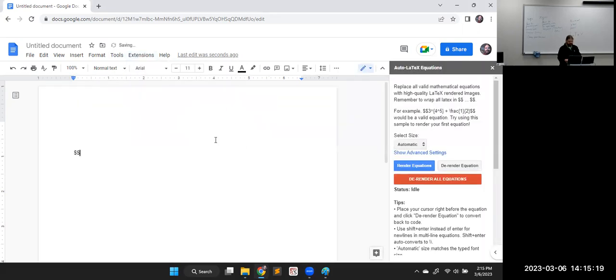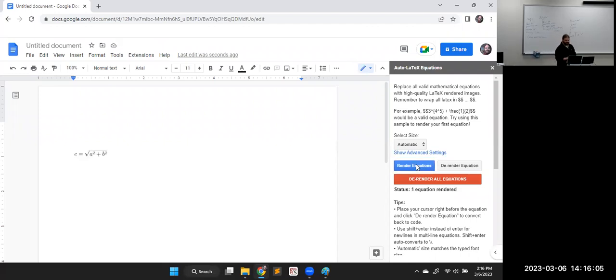If I wanted to do that thing I just mentioned, I'll start with two dollar signs to indicate that that is LaTeX code. It's going to be changed. Then we use backslashes and curly braces to mark up our stuff. So C equals backslash sqrt, and then in curly braces we put what we want the square root of. So A squared, plus B squared. And then when we render that as an equation,